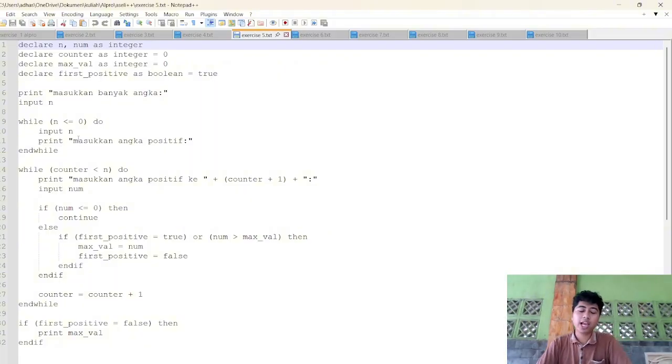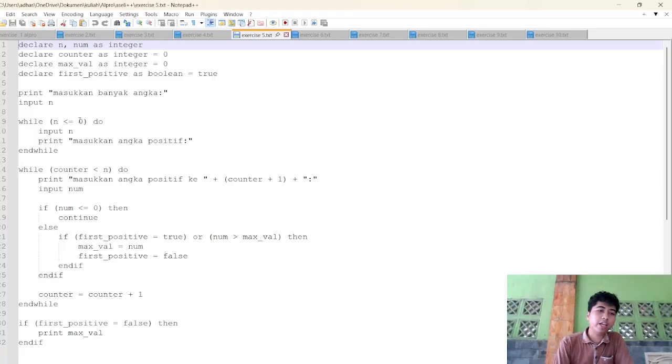Then the program will ask the user to input another number, with the print "masukkan angka positif". So as long as the user does not enter a positive value, the program will ask for another input until the user inputs a positive value.